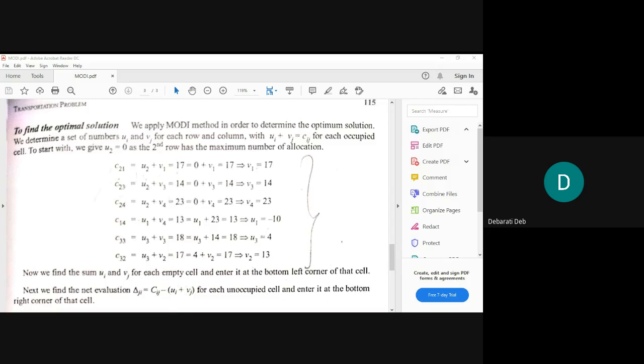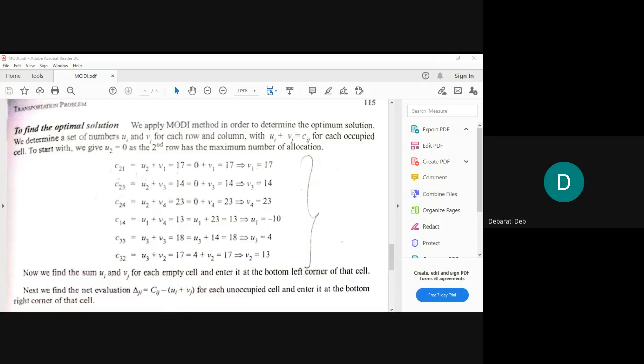Okay, so as you can see on your screen, we will complete yesterday's sum. We started with the MODI method for testing optimality of a transportation problem. Today we'll finish that off. We were at the assumption of any row or any column as zero, right? We were at that stage, and we saw that the second row, that is C2.